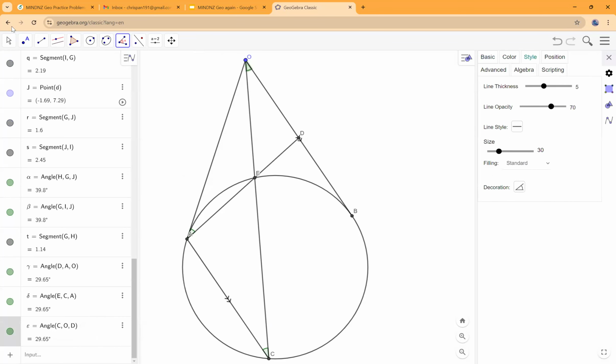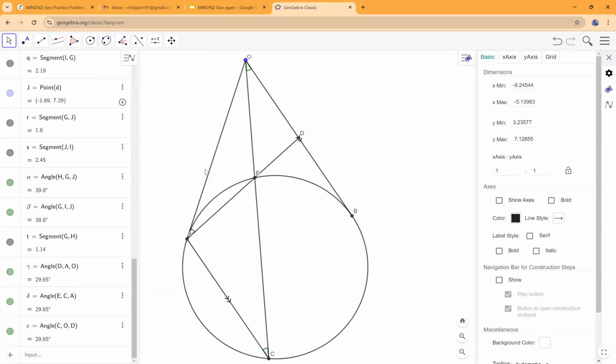So all three of these green angles are in fact equal. And that's interesting now, because if you look at the triangle ODA, actually,